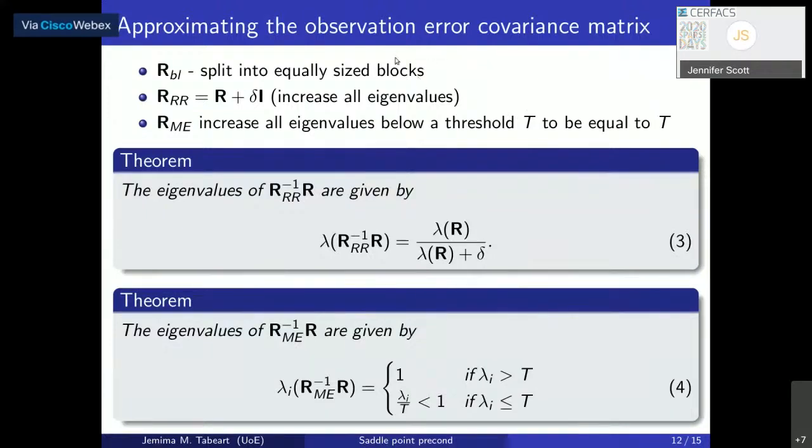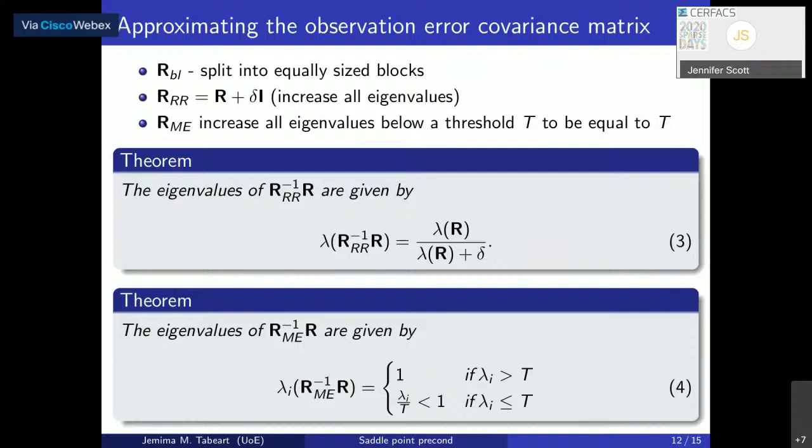So the first case, we're just going to approximate R with a block diagonal and just split it into approximately equally sized blocks. So in my numerical example, this will mean throwing away a lot of that off-diagonal information. My other 2 examples are going to keep more of that information and change the eigenvalues of R. And so the first method, we just increase all of the eigenvalues by a constant. And then the second example, we have a threshold, and anything smaller than the threshold, we increase those small eigenvalues. And importantly, both of these methods can actually be done in a heuristic way without computing the full eigendecomposition